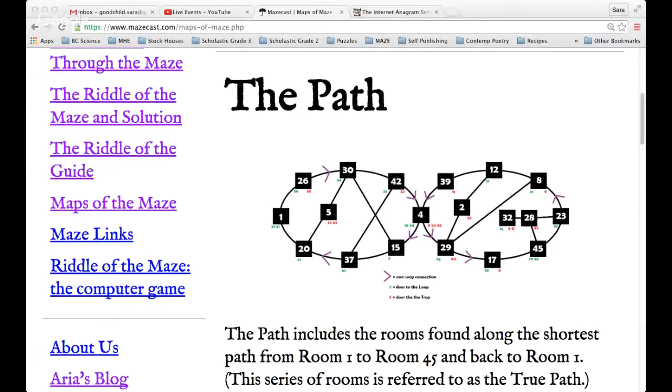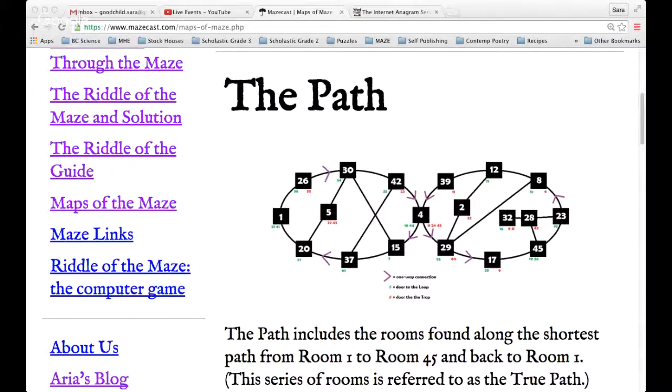So the question is, these rooms are not part of the 16-step path. Why do you map them with them? And the reason for grouping the rooms in this way is not actually to do with the 16-step path. It just happens that this section of the maze consists almost entirely of the rooms along the 16-step path. But the reason why these are grouped together is because this circuit of rooms,